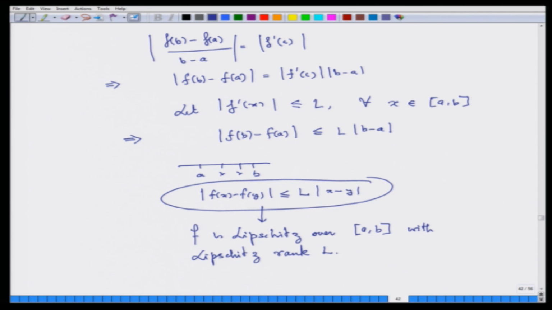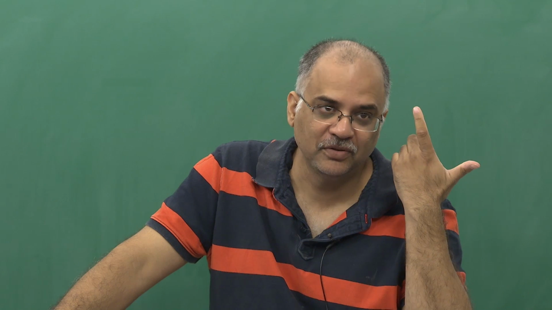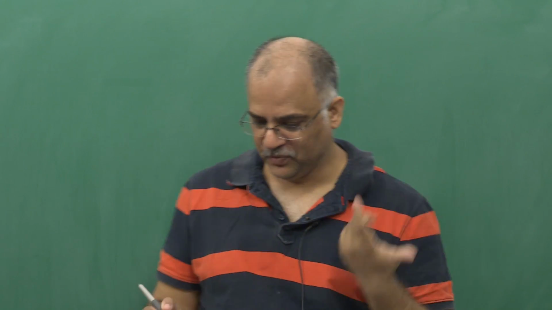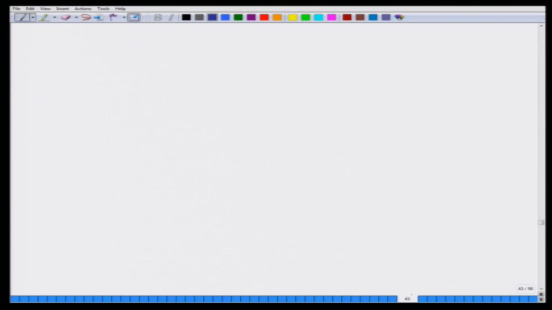A very unlikely function which satisfies the Lipschitz condition over any given interval is the sine function. It is very unlikely. So, for example, take the sine function, take any a strictly less than b, and you can write sine a minus sine b